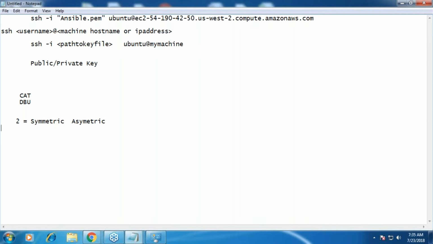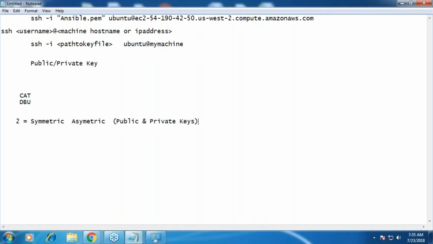For encryption he uses the same key, and for decryption also the same key. That is considered to be less secure. Then we have something called asymmetric key. For sending we'll use one key, and for receiving we'll use another key. This is the asymmetric algorithm.